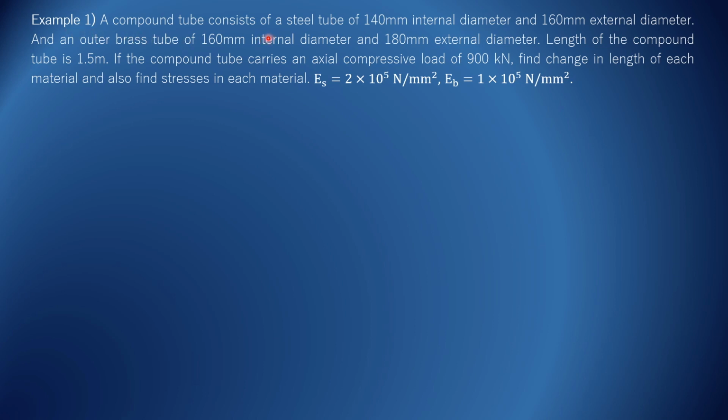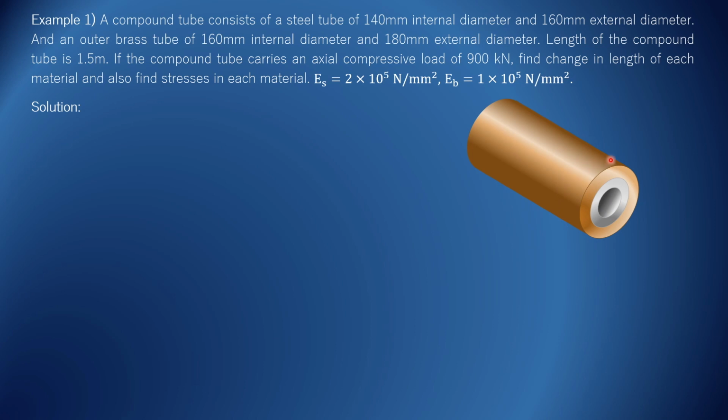When you read a problem, try to understand the entire arrangement. Read slowly. Take care of all details mentioned in the problem. So watch here. This is that brass tube. Outer is brass tube. And external diameter of steel tube is 160 mm and same is internal diameter of brass tube. So brass tube is rigidly connected to the steel tube. And this entire tube is now a single body.